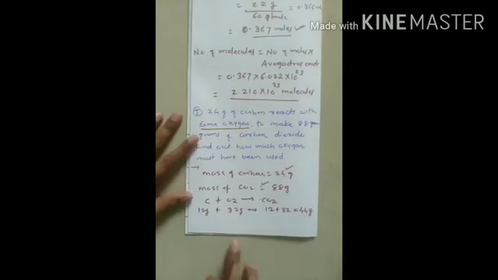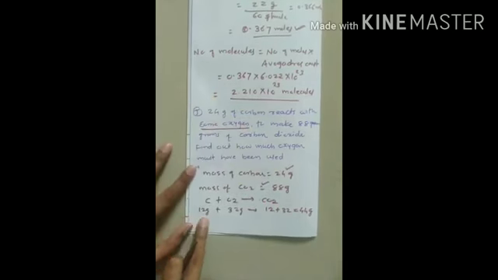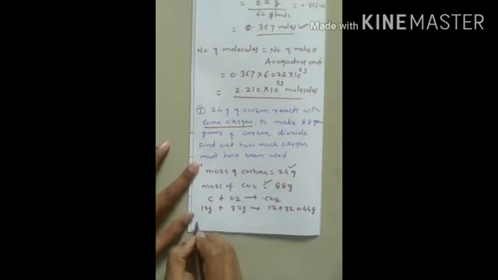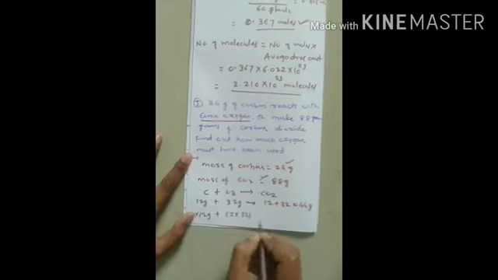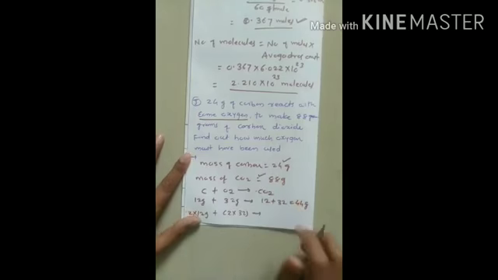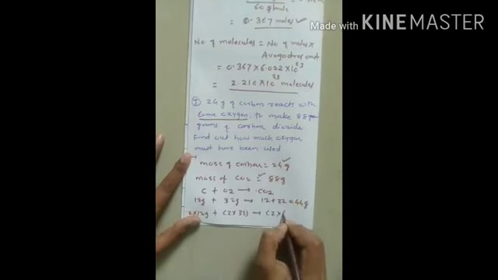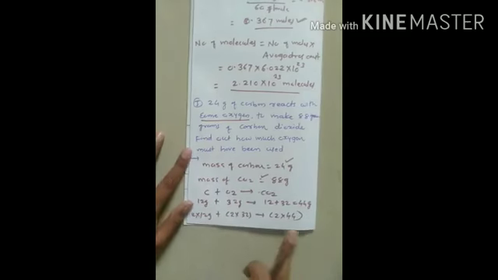Okay, so now here the change is what? In your question, mass of carbon is given as 24 gram, isn't it? So in order to convert this into 24, I have to multiply it by 2, so it becomes 2 into 12, for which I have to multiply this also by 2, so it becomes 2 into 32, and again here I will get 88 gram of carbon dioxide. So when I multiply it by 2, I will get the 88. Okay, so let us solve this. Once we solve it, we will get the quantity of oxygen here, and that is what your answer is.